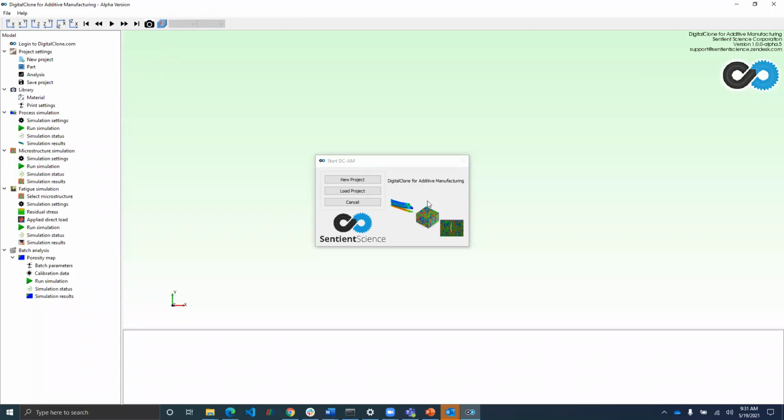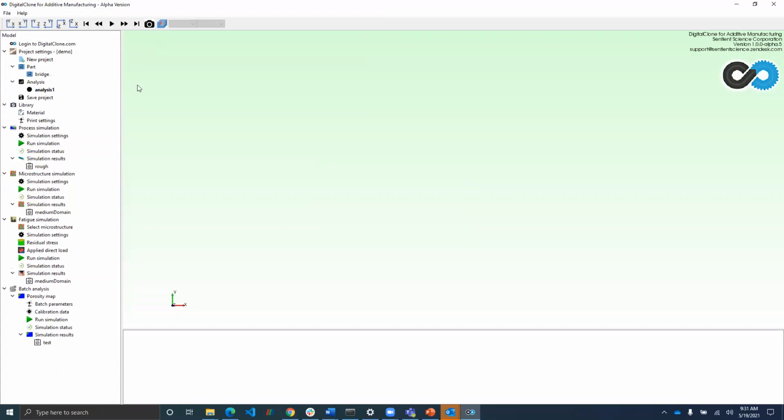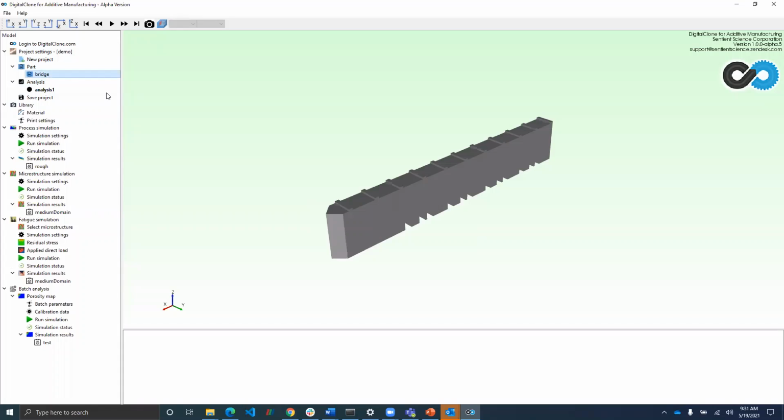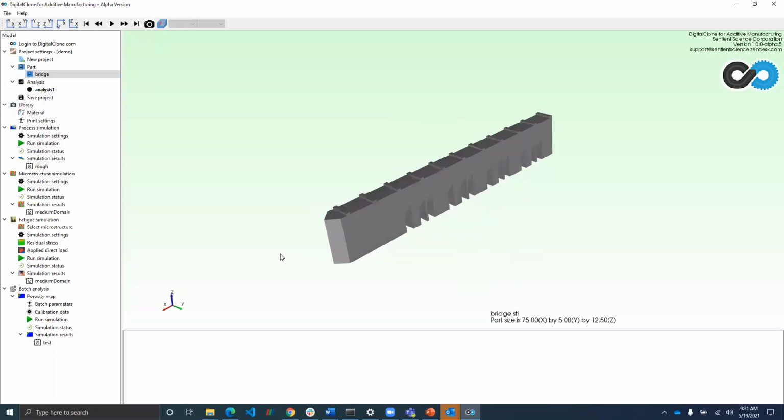This is an overview of Sentient's digital clone for additive manufacturing software, or DCAM. DCAM allows users to simulate different types of metal additive manufacturing processes to predict part residual stresses, distortion, and microstructure. DCAM also includes Sentient's proprietary component life prediction technology to leverage these simulation results for prediction of component reliability in